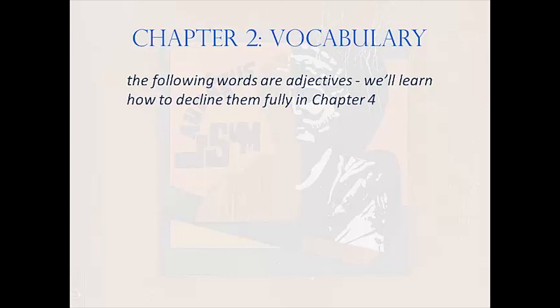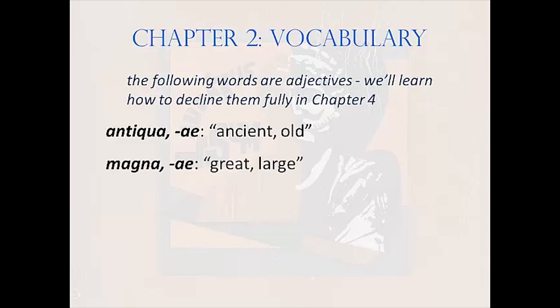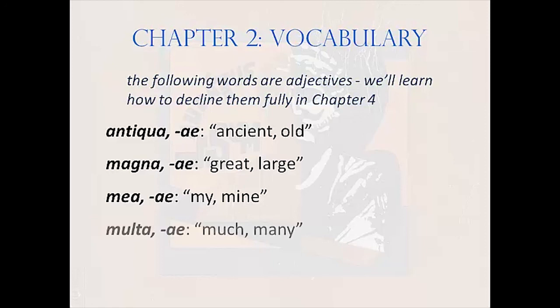The first adjective is antiqua, antiquae, meaning ancient or old. The next one, magna, magnae, meaning great or large. Mea, meae, meaning my, mine, or belonging to me. Multa, multae, meaning in the singular much, in the plural many, and tua, tuae, meaning your or yours, that is,